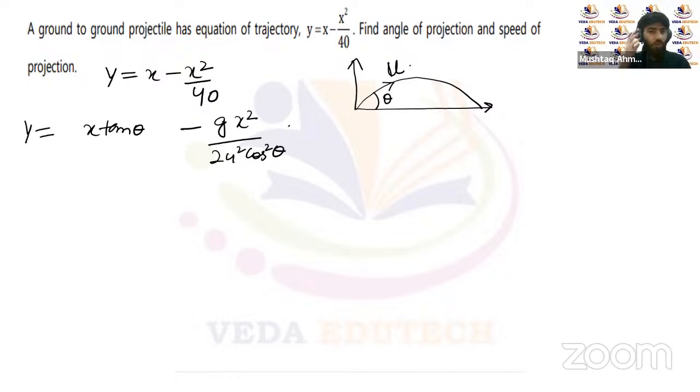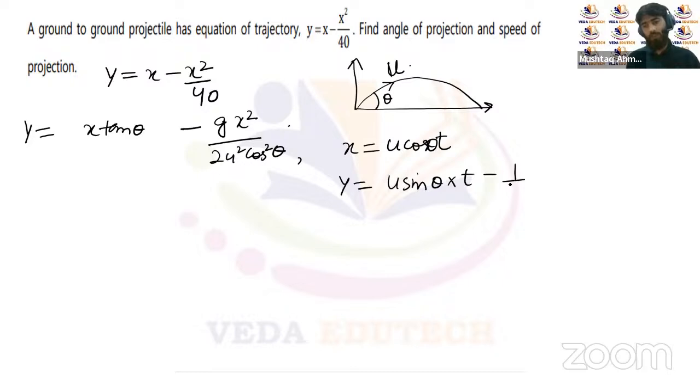Minus gx square upon 2u square cos square theta, right? I think this was the equation of trajectory. You can just confirm it. Here x was equal to u cos theta t, and y was equal to u sin theta t minus half gt square, right? Okay, so t was x upon u,